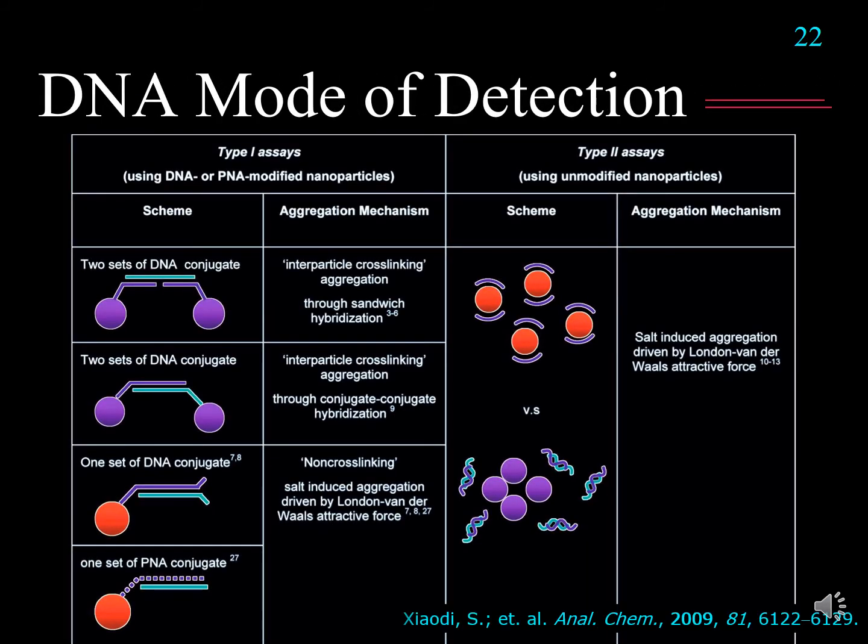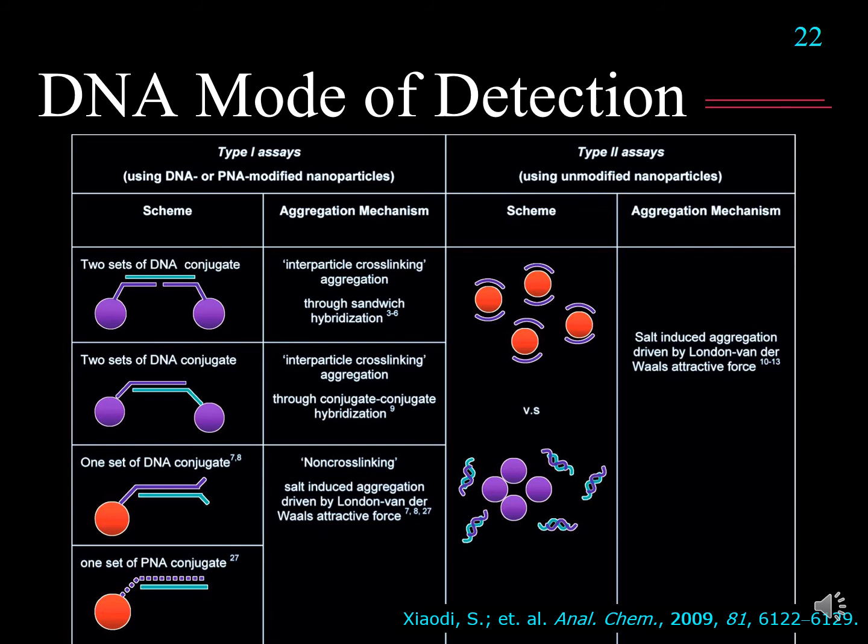So apart from the antigen antibody system or the attachment of the nanoparticles on the lipid bilayer cell membrane, we can also use DNA as a target for detection. And there are many mechanisms that can be used here. For example, we're using gold nanoparticles with a kind of DNA strand, right? Single-stranded DNA, which is complementary